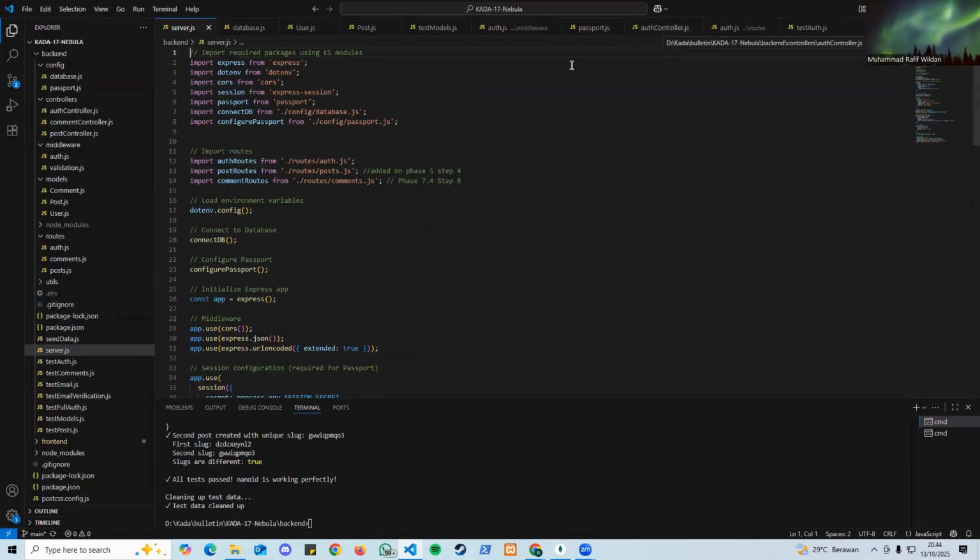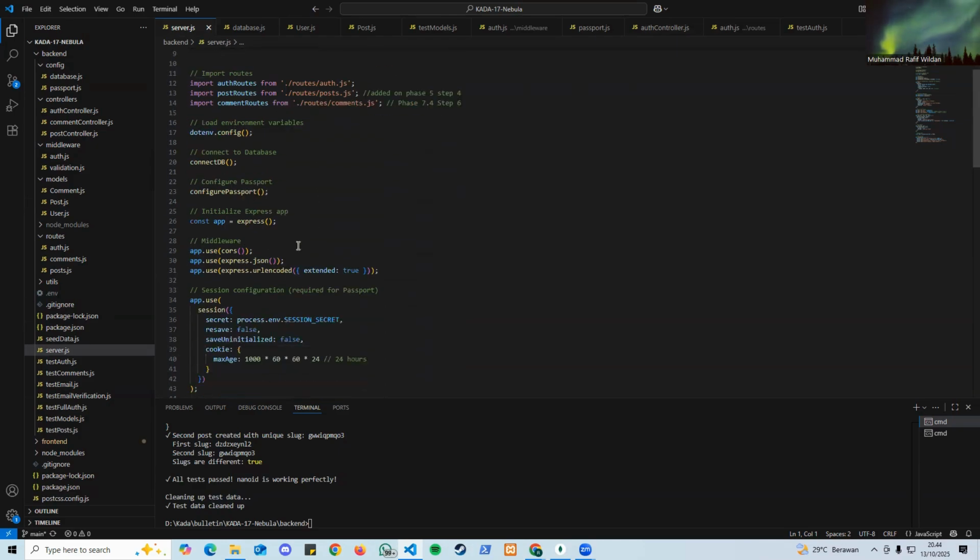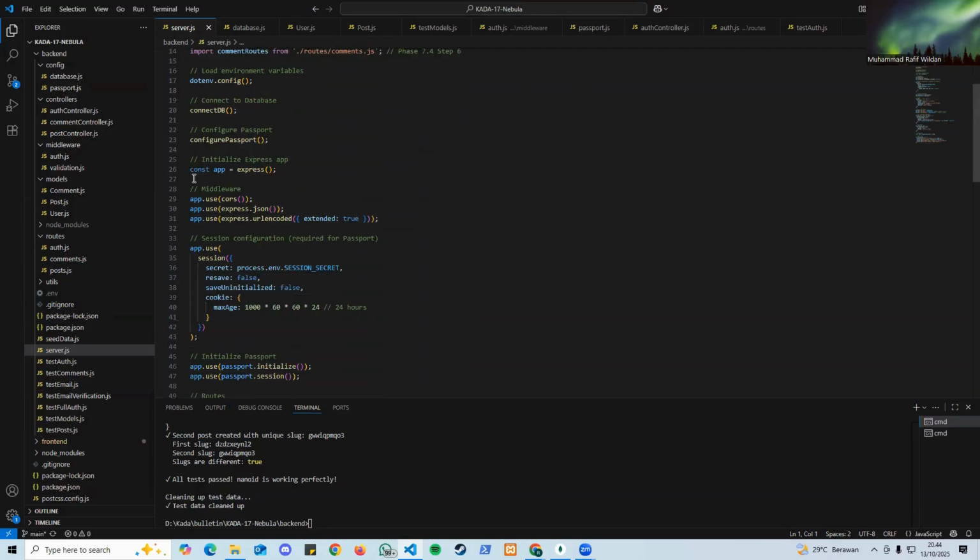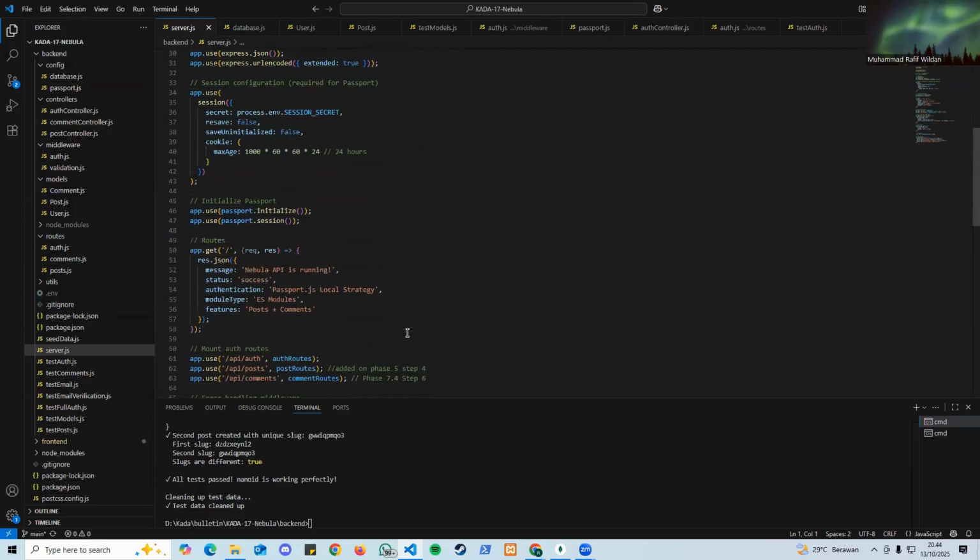Mulai dari auth controller, connection database, di sini ada connectDB, configure passport, dan Express, jadi dijalankan via server.